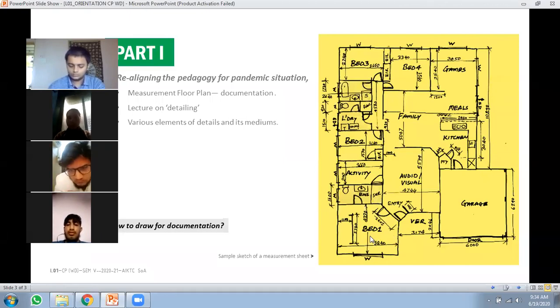is not written in full, bed 1 is written. That is called abbreviations in working drawing terms. Okay, abbreviations. These are the short names for very big nomenclatures. So everywhere, for a kitchen, you might have seen, you guys also wrote KIT. So there are different abbreviations we use in practice, and those are standardized practice.